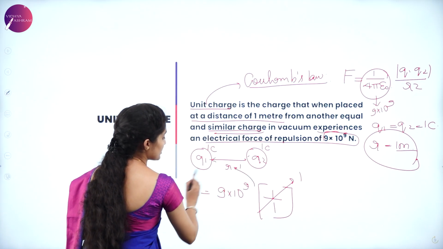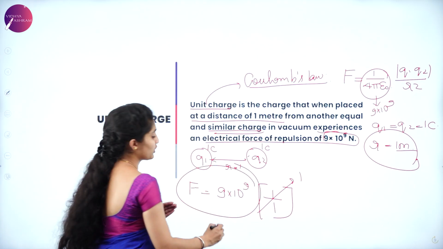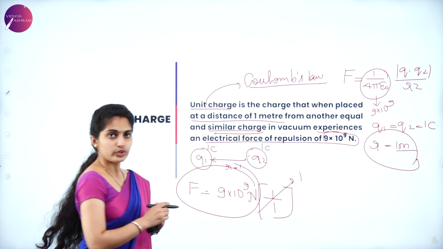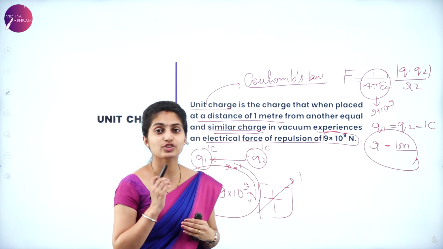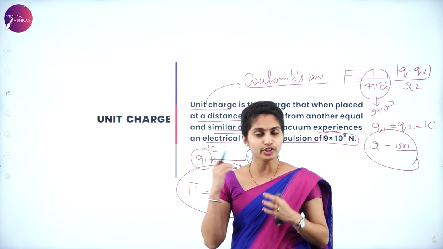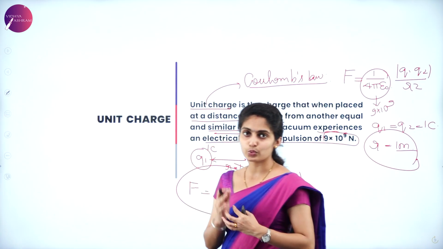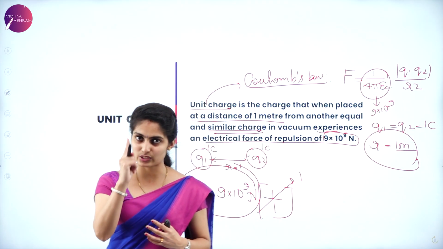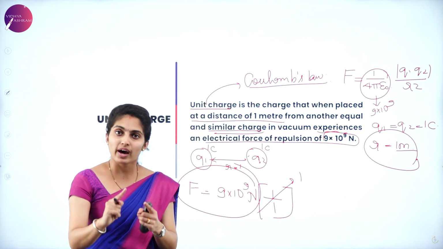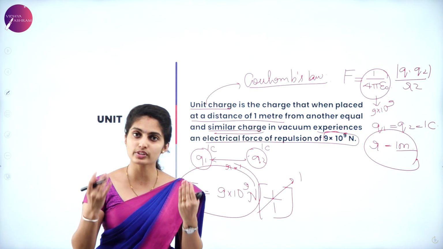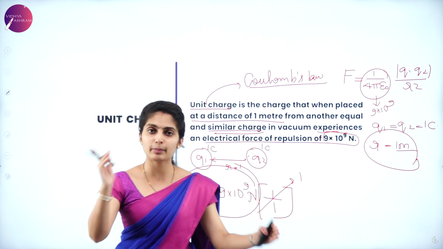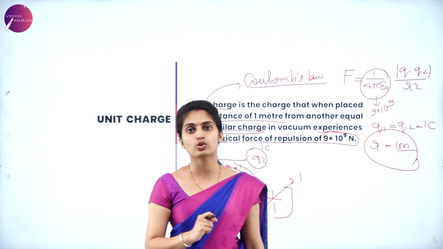So what remains is F is equal to 9 into 10 to the power of 9 Newton. Okay, so the same thing is given here. This concept is known as unit charge. So if you know Coulomb's law, it's very easy for you to define a unit charge. Unit means 1. You're talking about one value, that is the magnitude of the charges, 1 coulomb. Both the charges are similar, and they are separated by a certain distance, and that distance is also 1